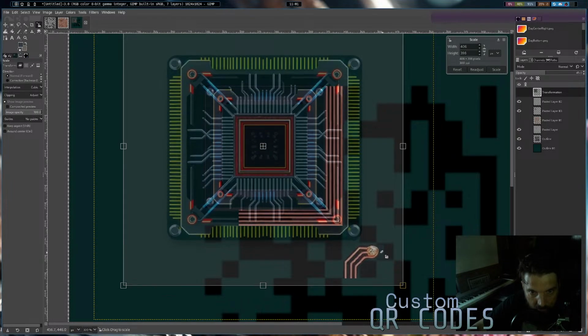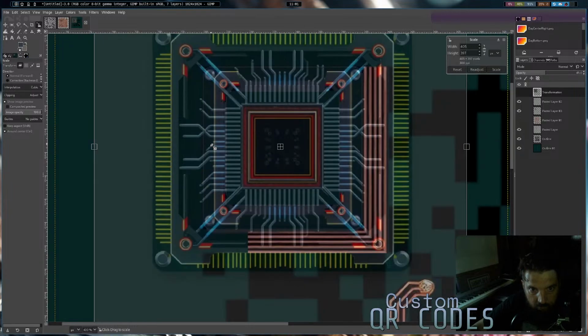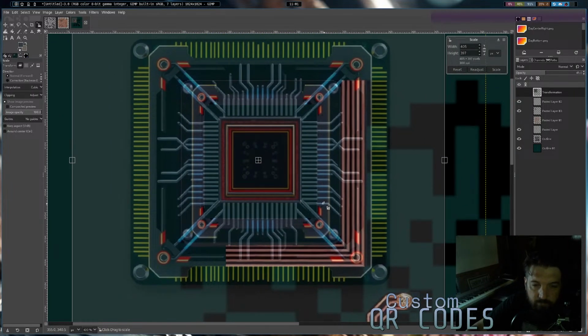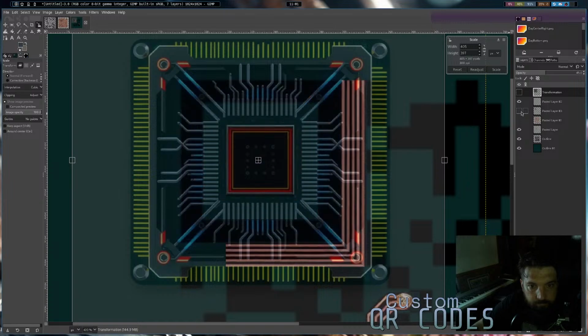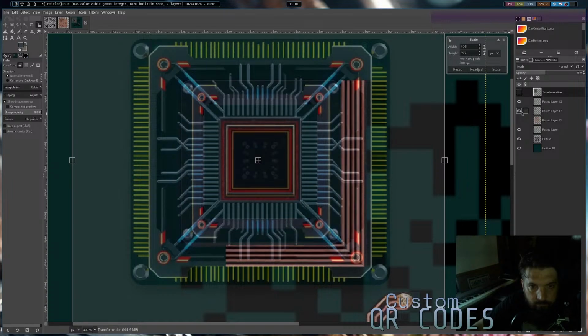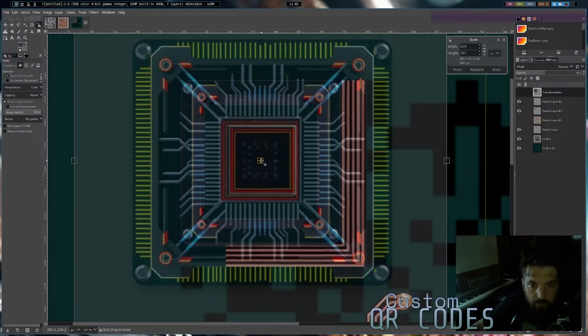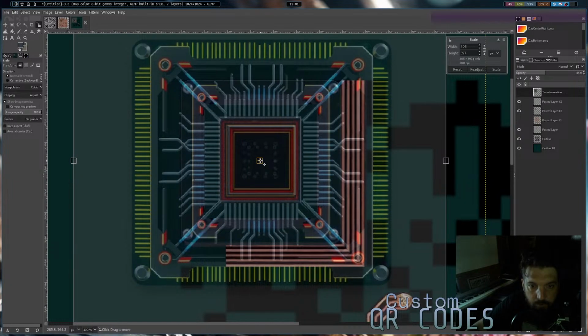I think that's pretty close. I don't know if we'll get much closer than that. It's not exactly symmetrical, but